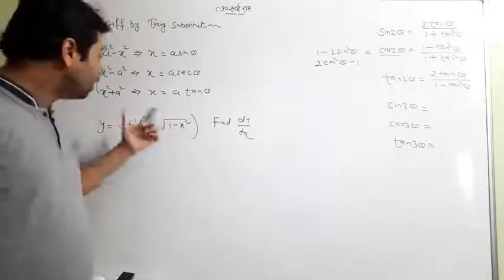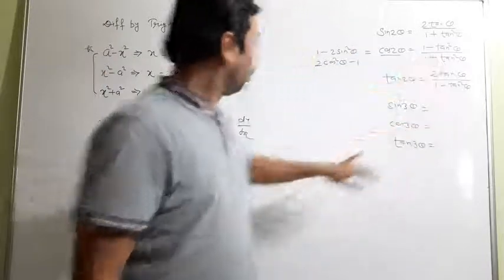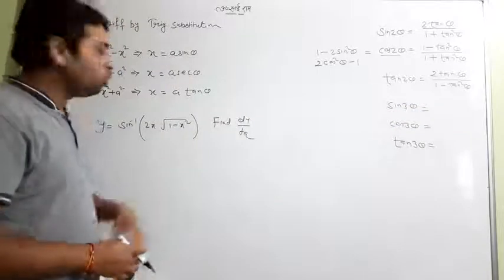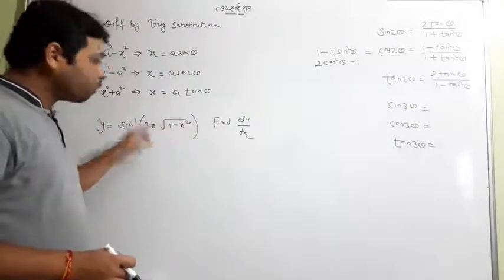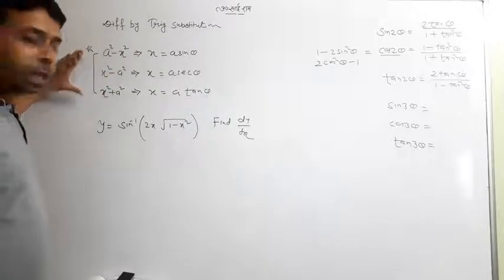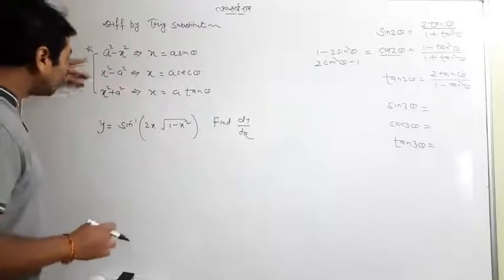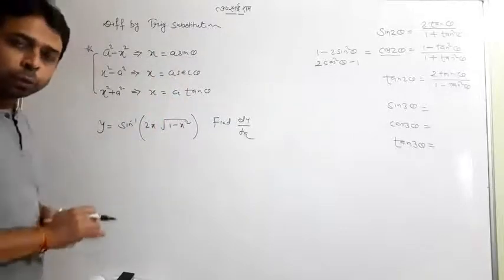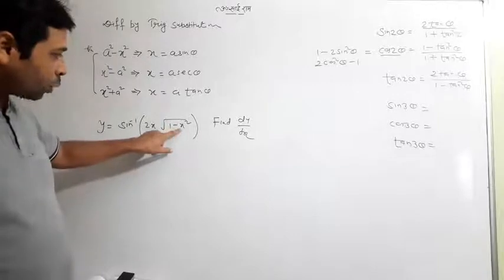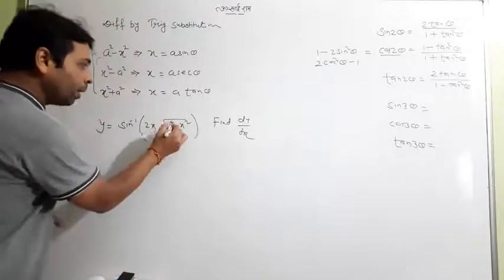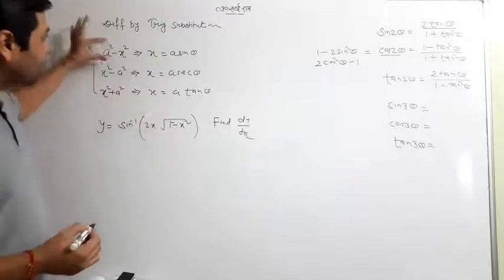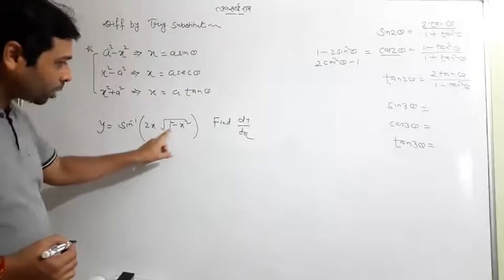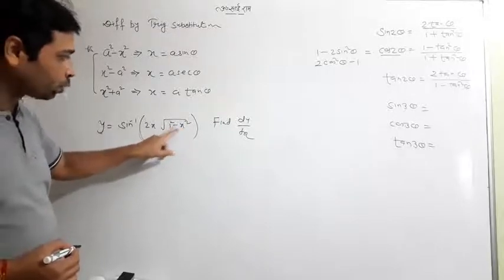I ask you one thing, is it looking the same as any of the earlier ones? No, because it is specially under the root sign, and those formulas do not contain the root sign. So you have to think of something else. When the root sign comes, you have to think of this. One more thing I have to tell you; I have initially written 3. Look at this: which one is it the same as? This is looking like 1 minus x square. Actually 1 can be written as 1 square. So it is looking the same as a square minus x square, here 1 square minus x square.